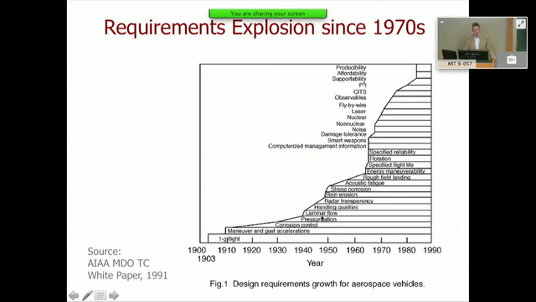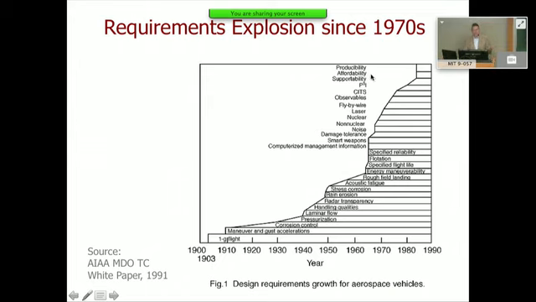And you see a big step here, World War II, right? Handling qualities, radar transparency. Radar was invented, so now you want airplanes that are not as visible on the radar. Fatigue, rough field landing. And then we have another big step here in the 60s and 70s. This was during the Cold War. Smart weapons, nuclear, fly-by-wire, right? Replacing cables with electronic flight controls. And then a lot of the illities in the last 20 years.